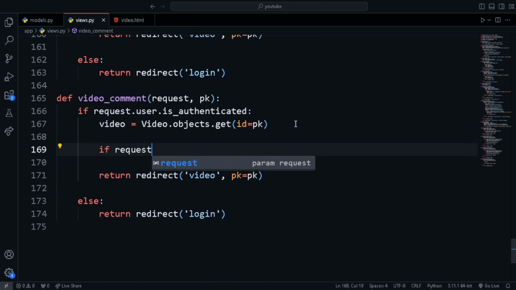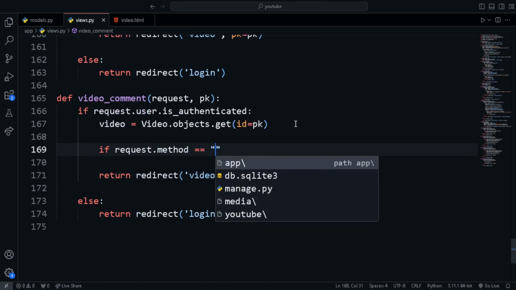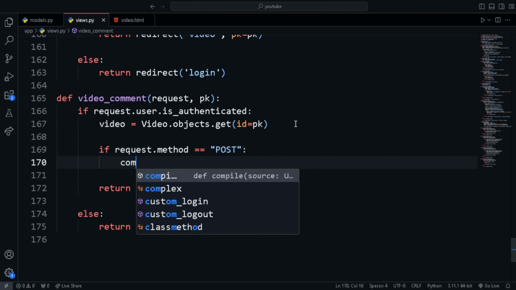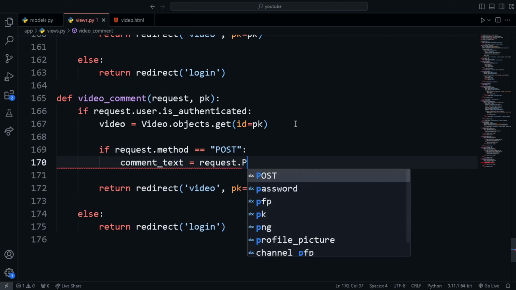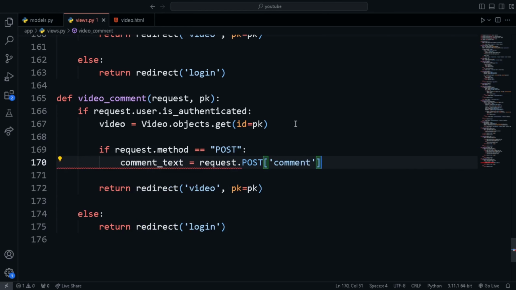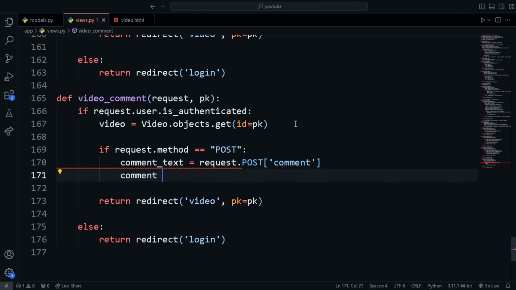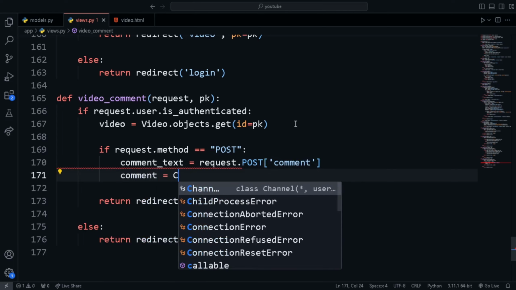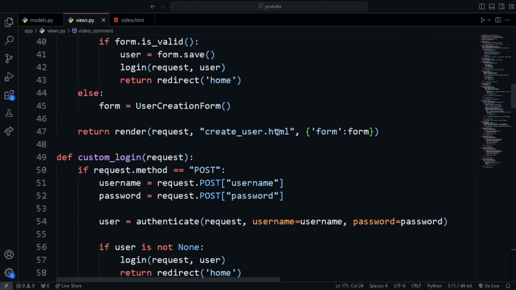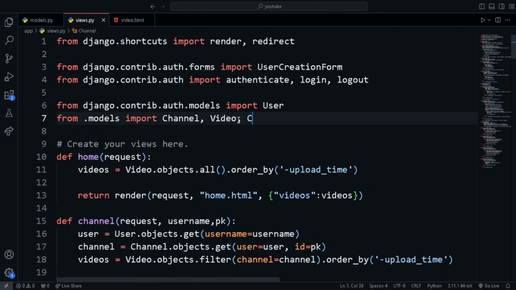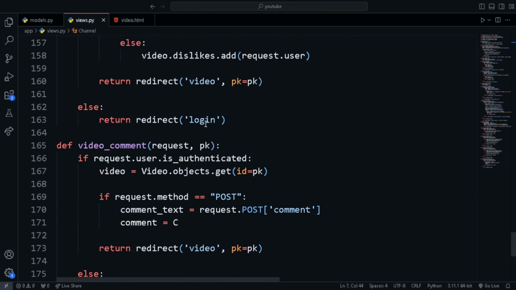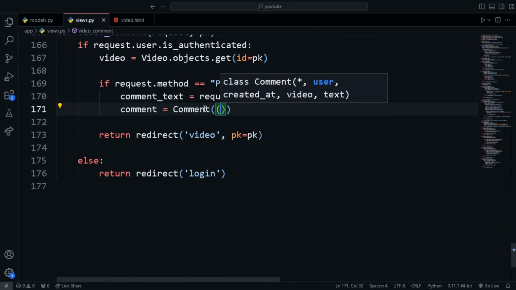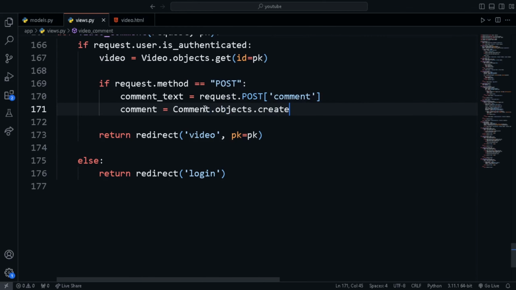So we check if the request method is post. If request.method is equal to post, if it's a post request, then we get the comment text using the name that we gave for the text area, which was comment, request.POST comment, and then we'll create a new comment object. Comment is equal to, we need to first import that model from the models.py, Comment. I will come back and create that. Comment is equal to Comment.objects.create. We are creating a new object,